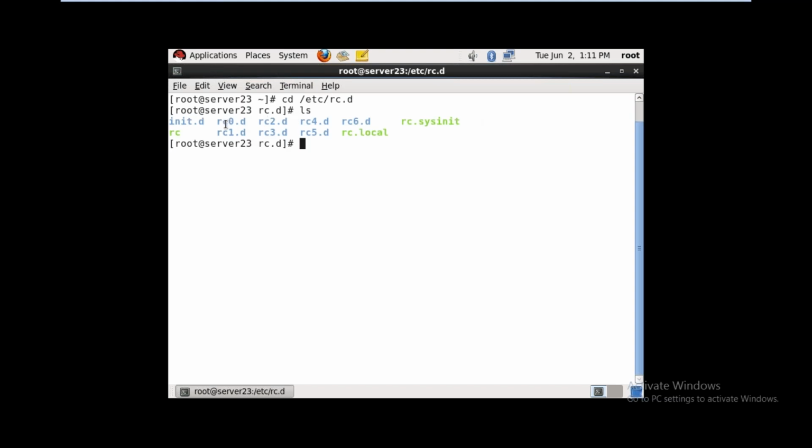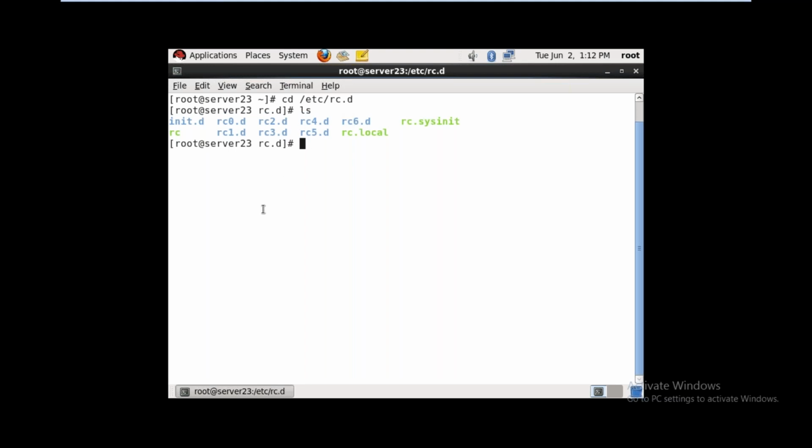Here you can see rc0.d, rc1.d, rc2.d, rc3.d, rc4.d, rc5.d, rc6.d. Init 0 files are located under rc0.d. Init 1 files are located under rc1.d. For every run level there is a separate directory to store the run control script files.